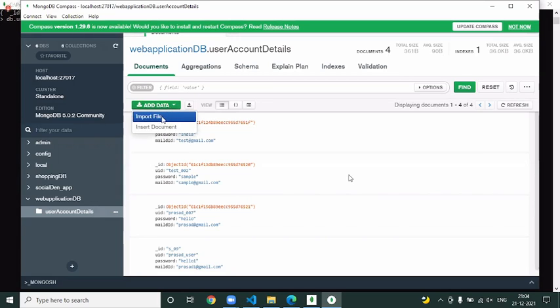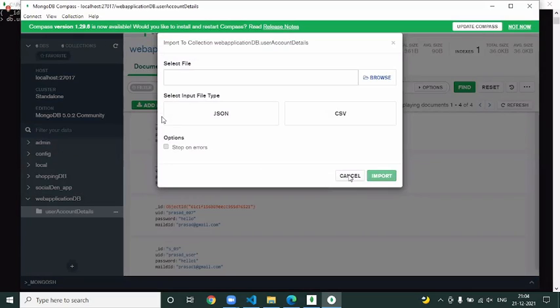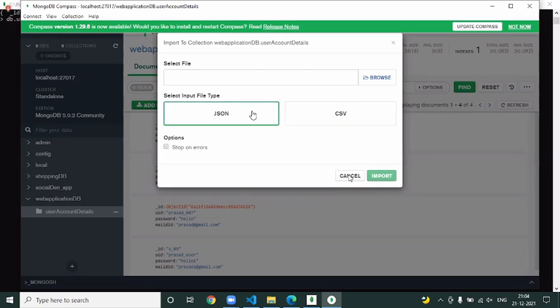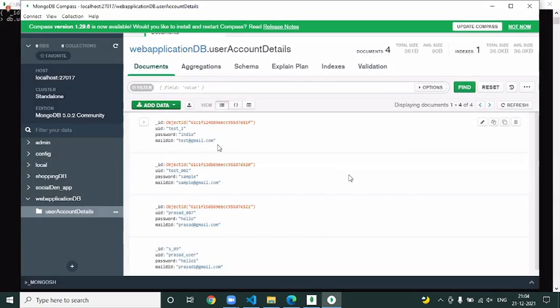Now, for example, you can click on this import file, where you have two options. Either you can store the data in the form of a JSON, or in the form of a CSV file. Once you have a separate JSON file having all the objects, all the product details that need to be added, you simply select the input file, import it, and it will automatically insert all the values. That is how easy it is to import a file. Or you can even export the data as a JSON or Excel file, whatever it is. So this is what your Mongo Compass is.